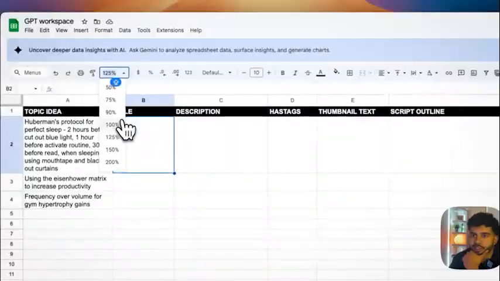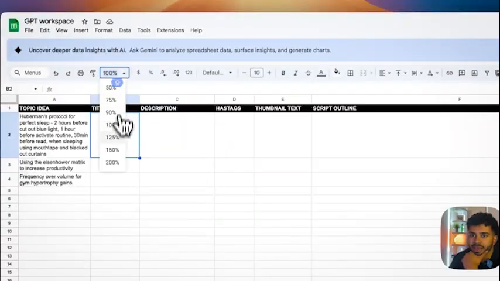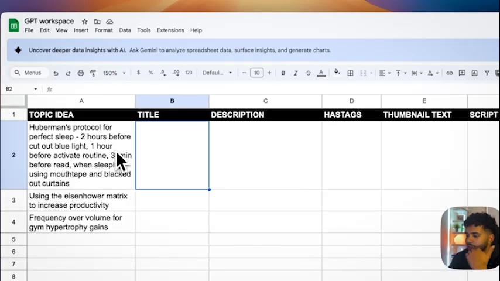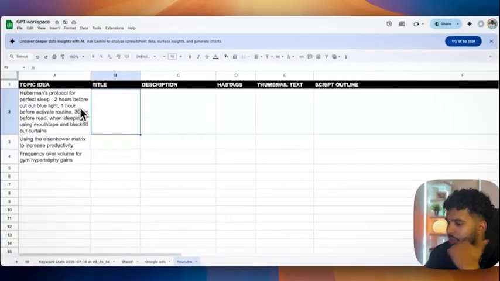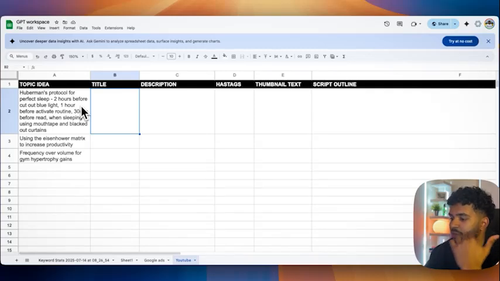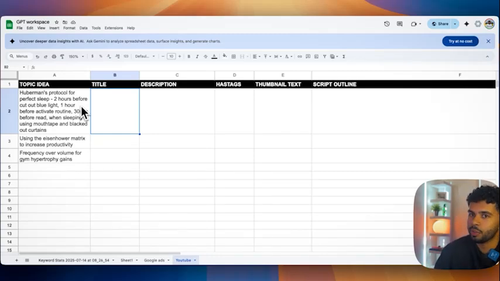Alright guys, have you ever just had an amazing idea come to you in the shower or in the car while you're driving and you just need to write it down? But let me guess, after that, it never comes back, right? Well now, every time you have an idea, I want you to open up Google Sheets and write it in column